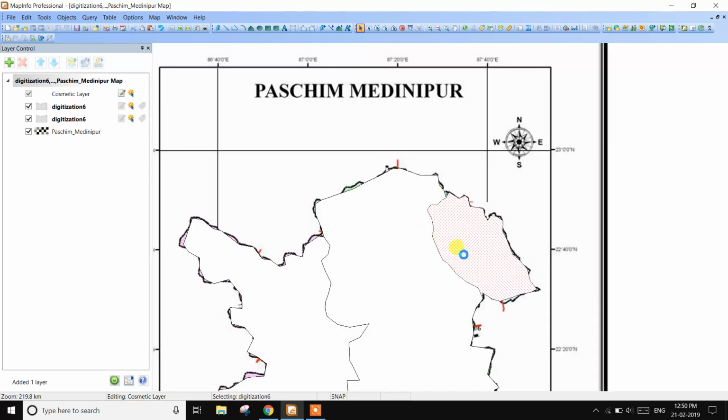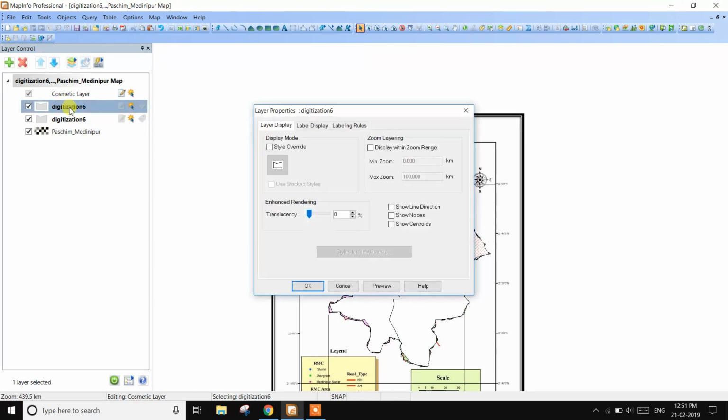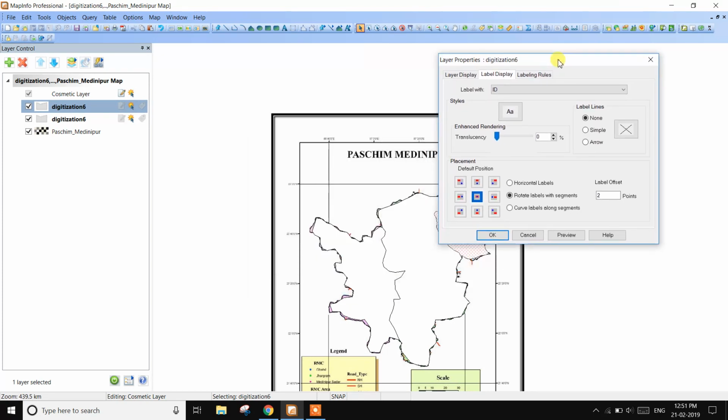This is the digitized three portions. Next, how to label or display the label of the area.